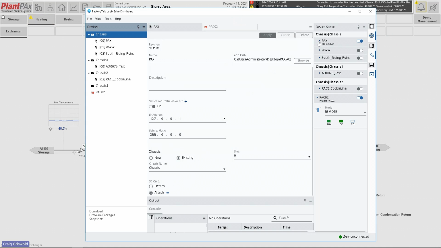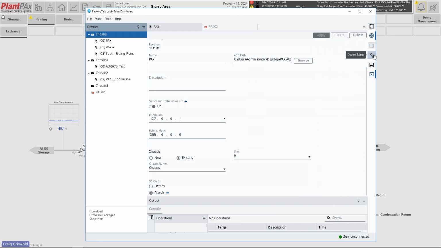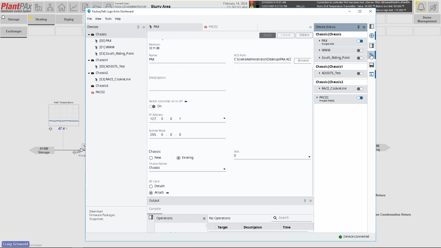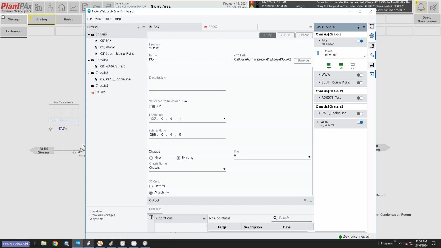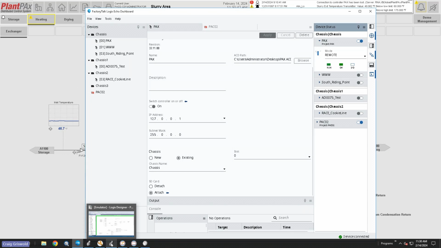And then over on the right, by using the device status, the plug looking icon, I can also look at what mode I'm in, change the mode, turn the controller on and off. So my Studio 5000,